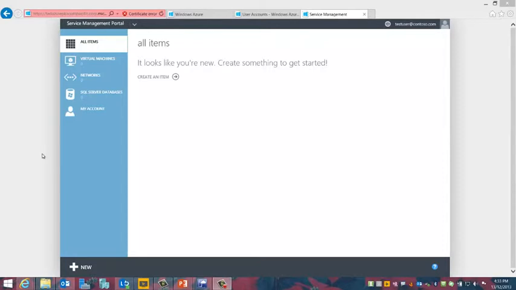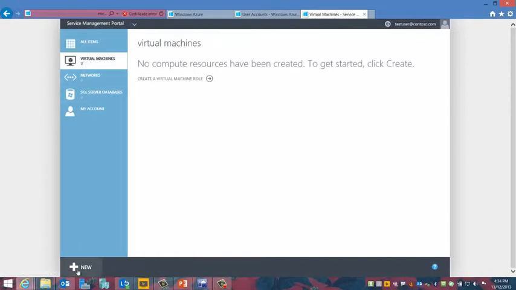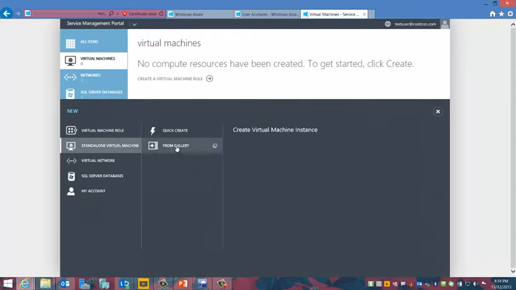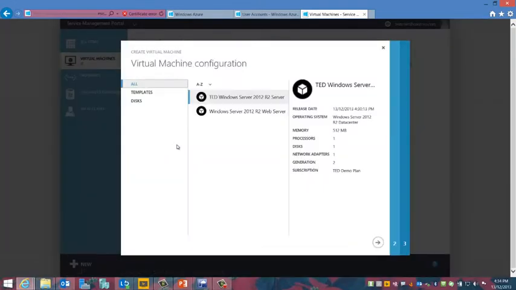Okay, so here we are in the tenant side of the fence. I'm logged in as my tenant to the service management portal, and I'm going to create myself a virtual machine utilizing the connection between the Windows Azure Pack for Windows Server and Virtual Machine Manager through the System Center 2012 Service Provider Foundation. Just like I would on Windows Azure, I'll click New, I'll choose Standalone Virtual Machine, and notice